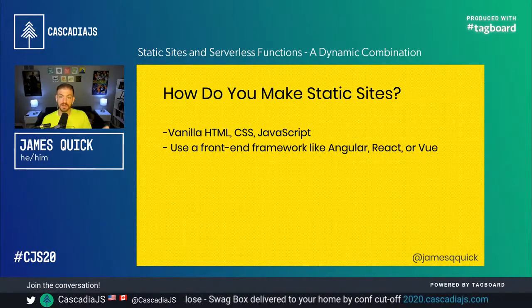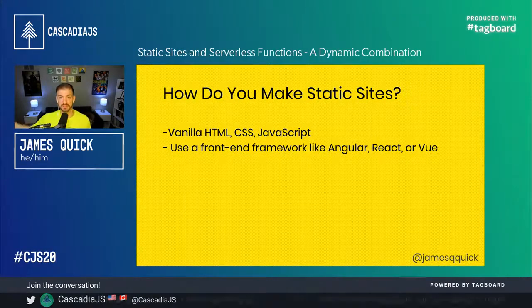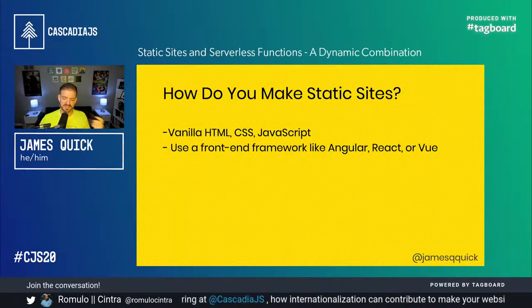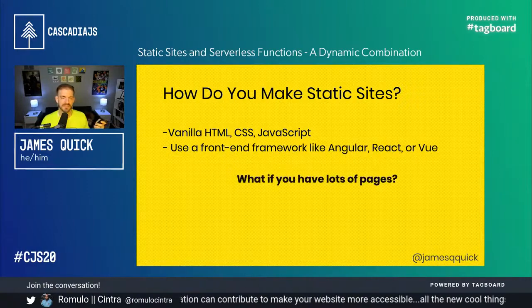And when you deploy one of those, you run through that build process and you get a set of dist files, your built assets, and you host those on a server, hopefully in a CDN, content delivery network, where those things get replicated across the world and it's really fast and you get all the benefits of static sites. So you can do both of those options, but what if you have a ton of pages?